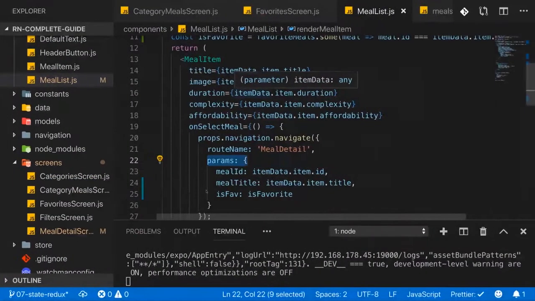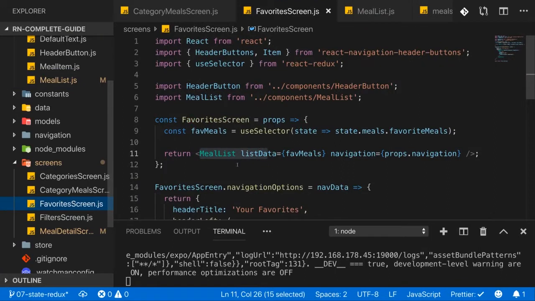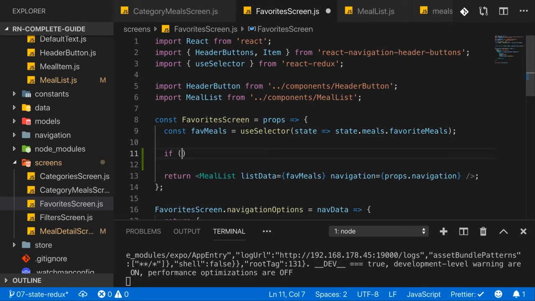Now for the fallback here on the favorites screen, it of course matters to us whether we have favorites or not. So we can render a fallback here in a very simple way by not rendering the meal list if favmeals, if this array is empty. So all we need to do here in the favorite screen component is we can check if favmeals length is